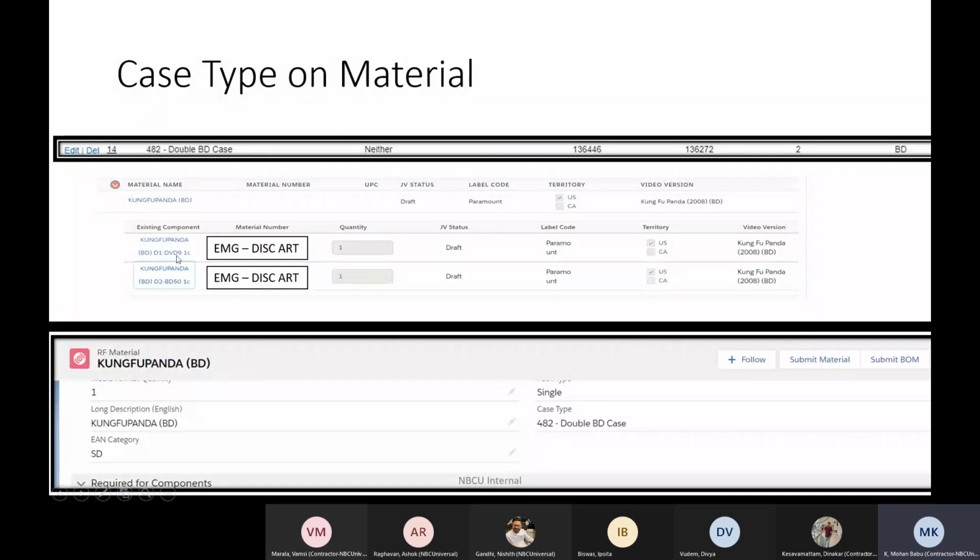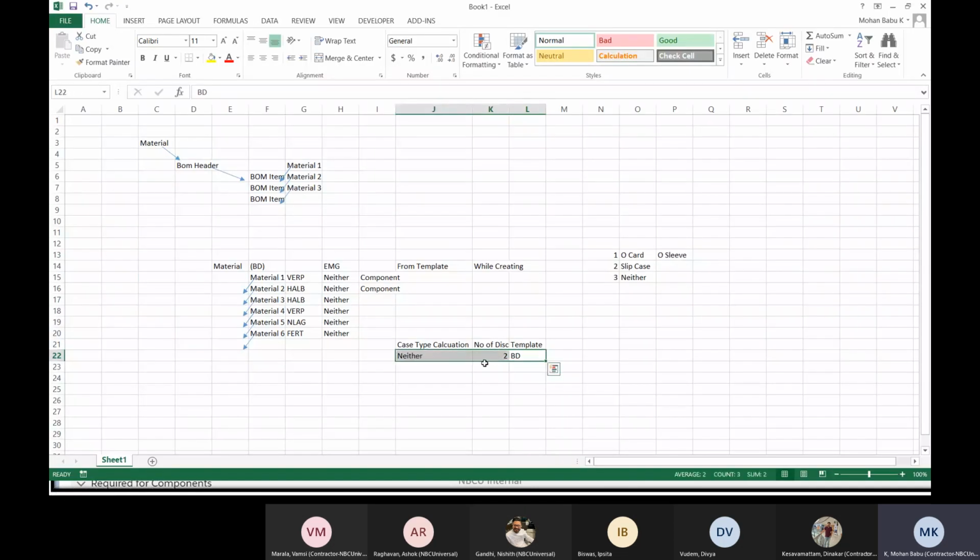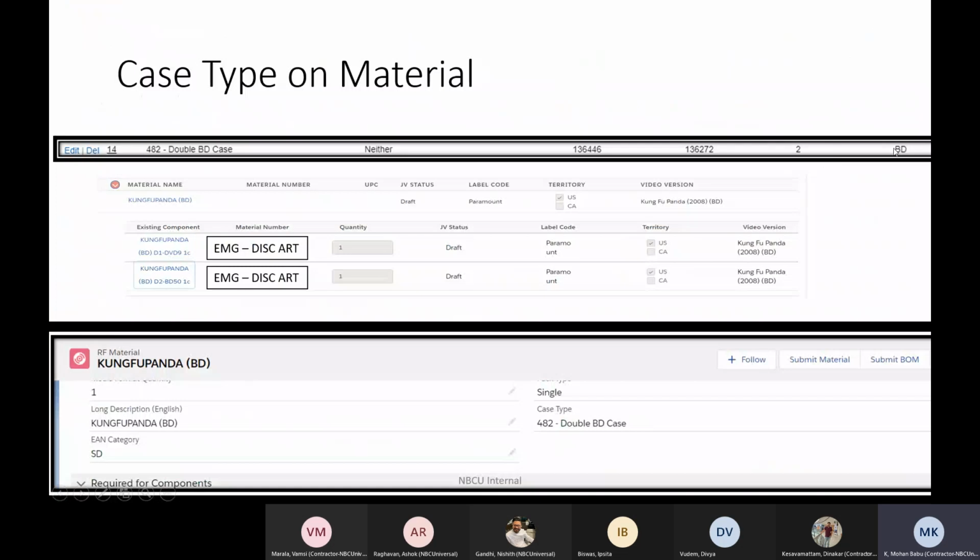Actually, this is an ALB component. By the naming itself, we can say whether this is ALB, because only for the ALB components we'll be having the D1 and D2, which is nothing but disk 1 and disk 2. So the number of disks is 2. So this is the case type calculation. So we have the custom setting record, the BD template, the number of disks is 2, and the case type calculation is neither. So for this, what is the case type ID? 482 double BD case, that will be stamped on the